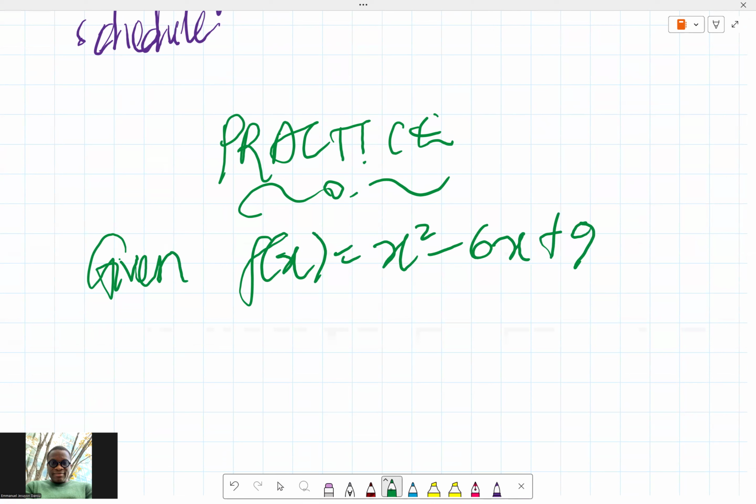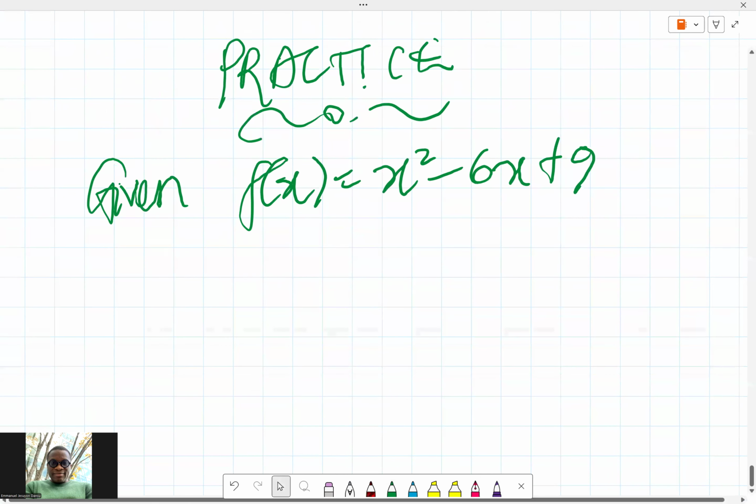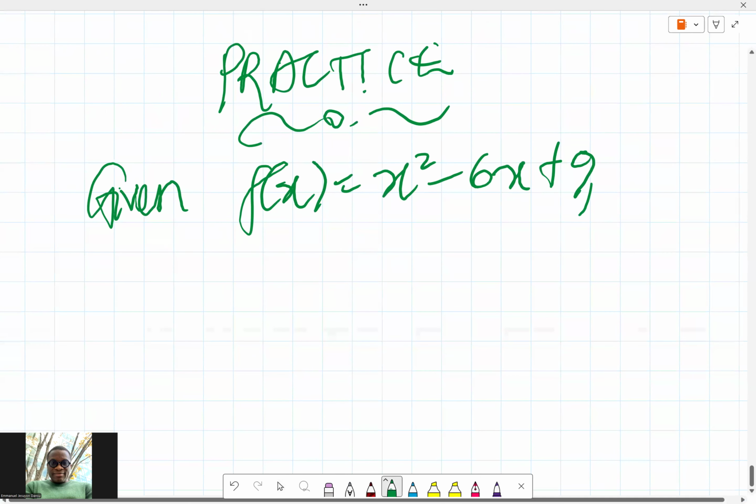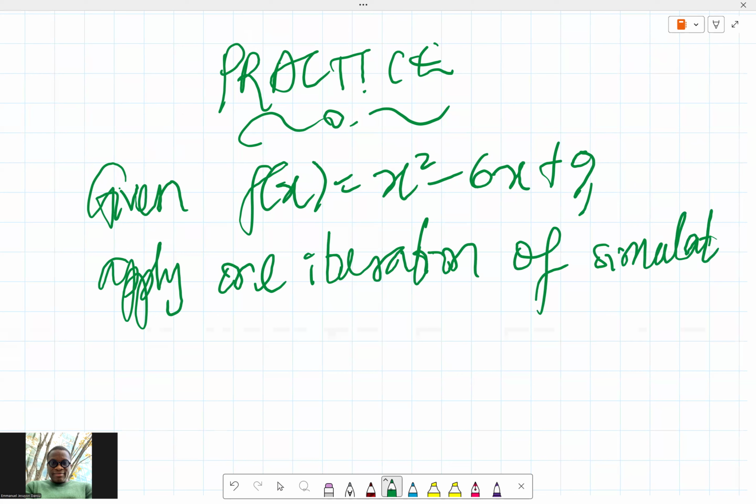Now this is pretty simple, like I said the other time. We don't have to use this, but it's the best we can do just to demonstrate. Given f of x equals x squared minus 6x plus 9, apply one iteration of simulated annealing,